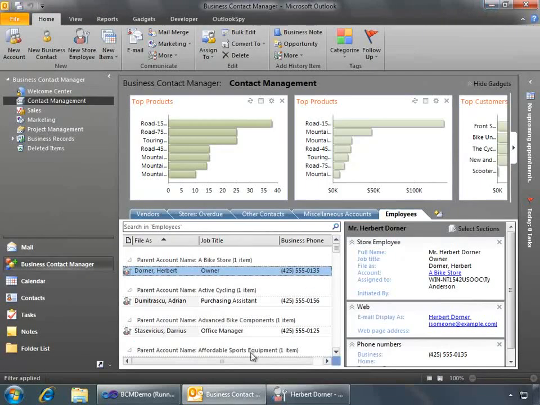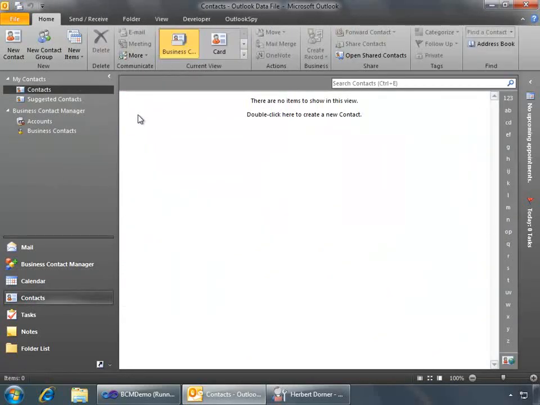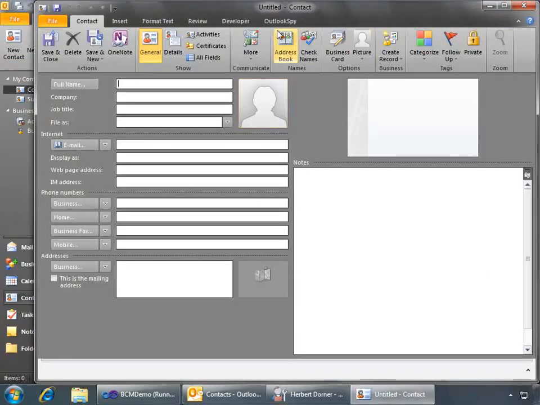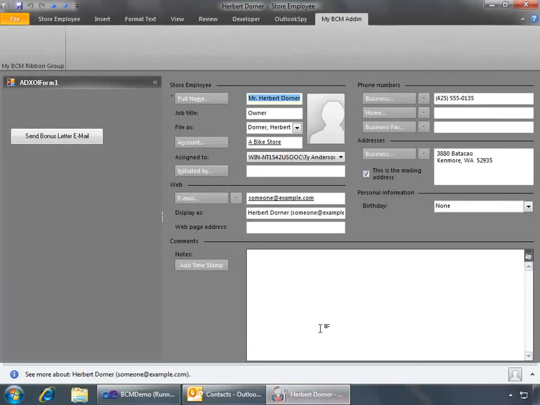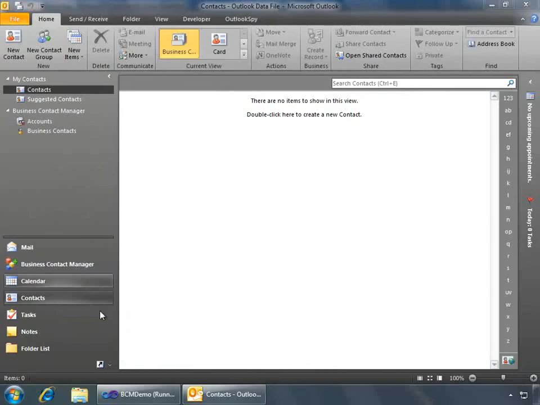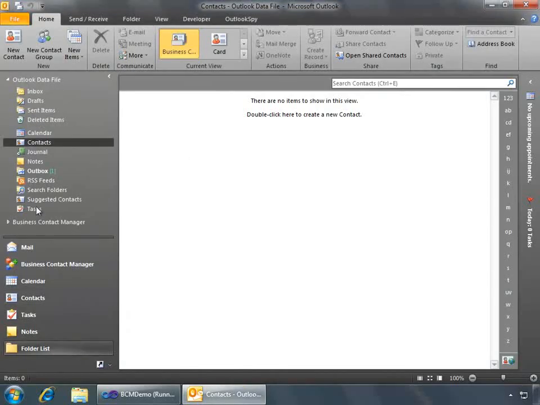And let me just hide that real quick, and if we were to go look at just a normal contact, I'll create a new contact item, we won't see either of those elements. And that's because our code is working. So let me go back to Herbert Dorner here, and we'll do one last thing, which would be to send the bonus letter email. I'll click that and close Herbert, and let's look at our folder list, and we'll go